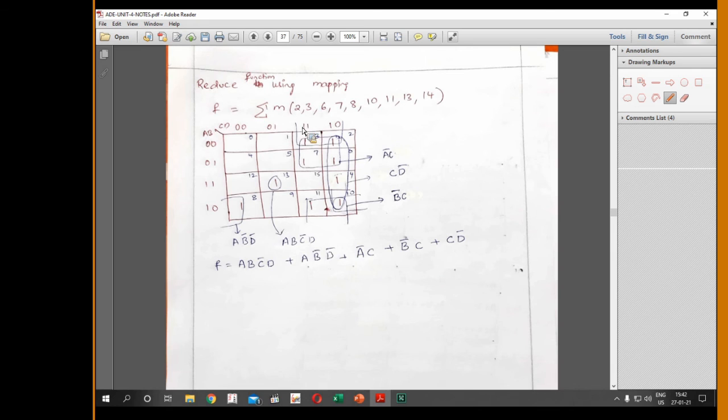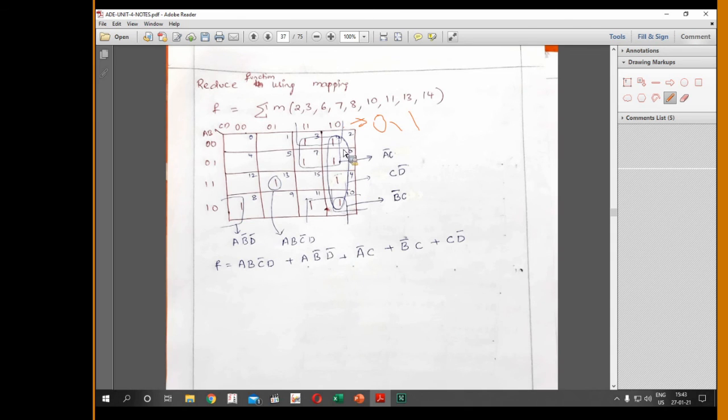Let me take this 2, 3 adjacent with 11, 10. So we form a quad. This is your quad 1. Next, we move to cover the uncovered big square. When I check, 2, 3 are covered with 11, 10, so 4 are over. Sorry, 4 to 5 min terms are left, and those are 6, 4, and 7.